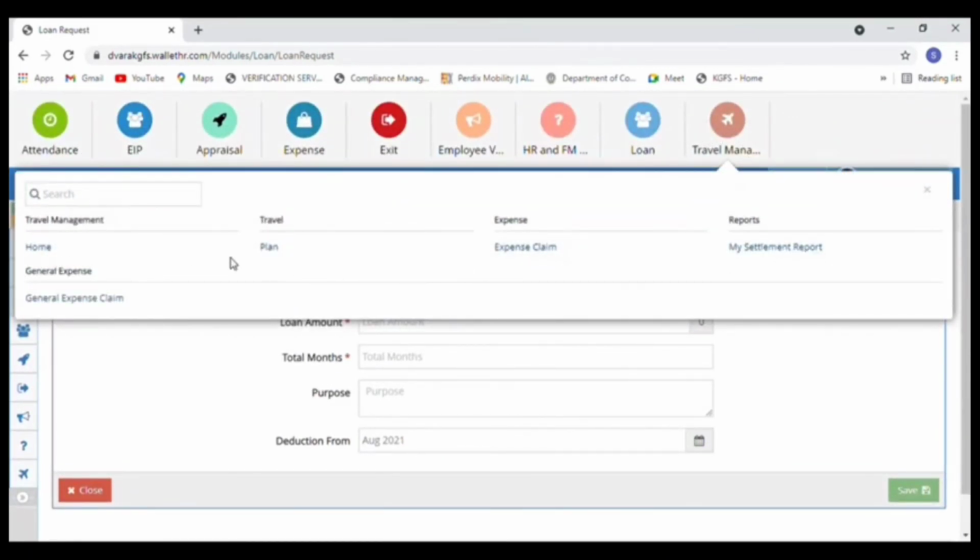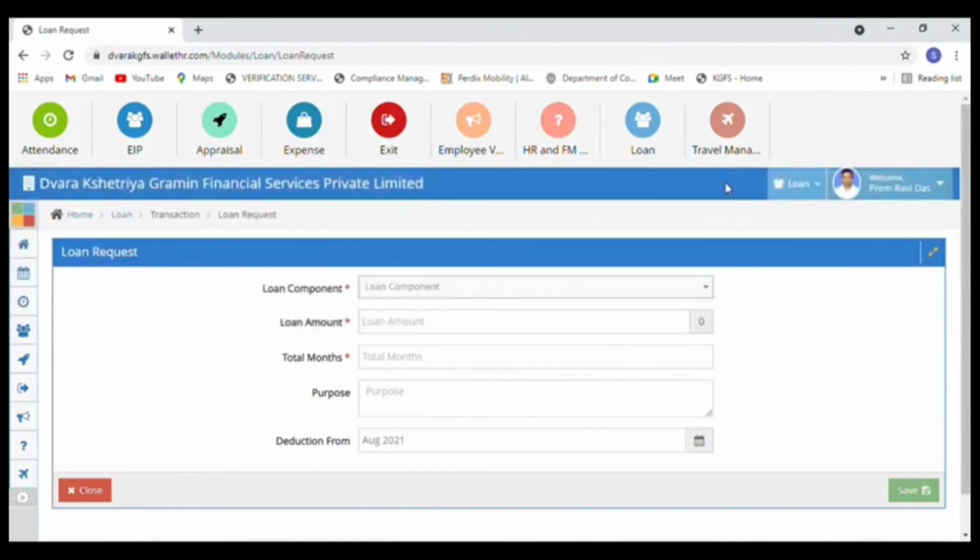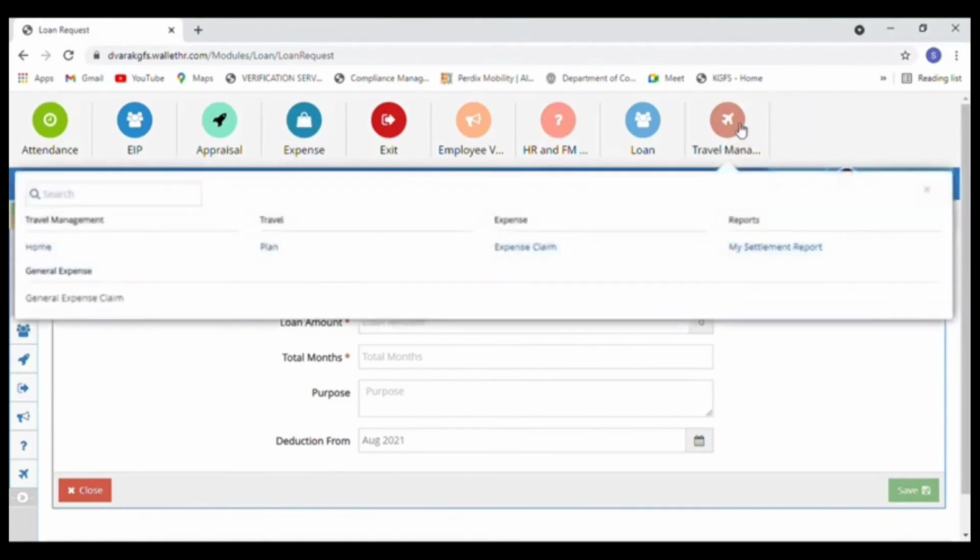Our last module is the travel management module, under which you can see travel management, travel expense, reports and general expenses. In the travel management module, you can plan your travel.